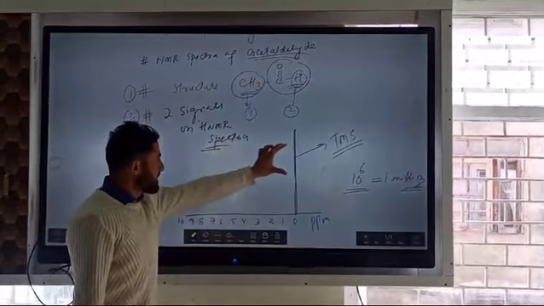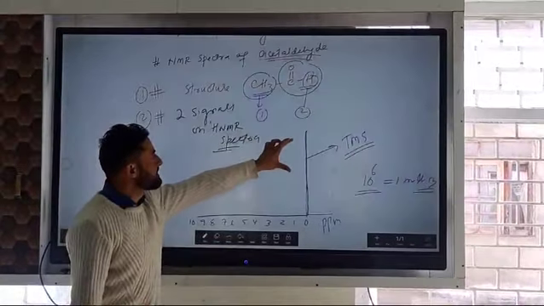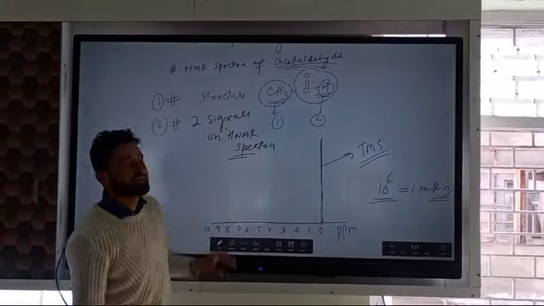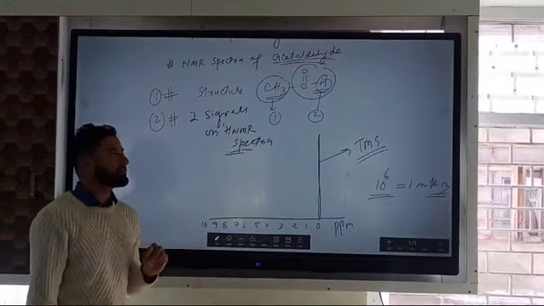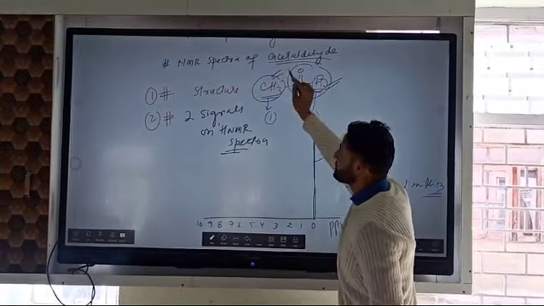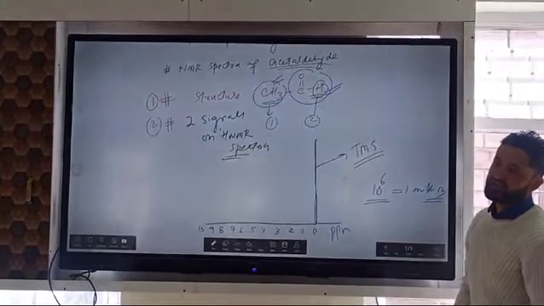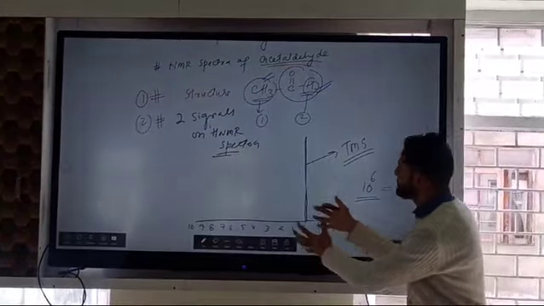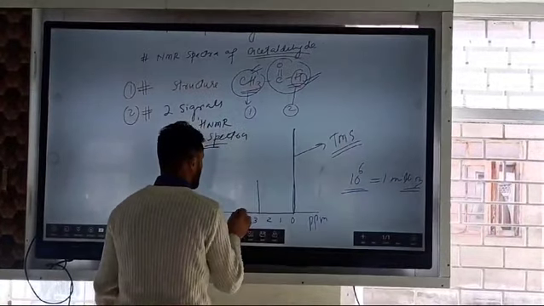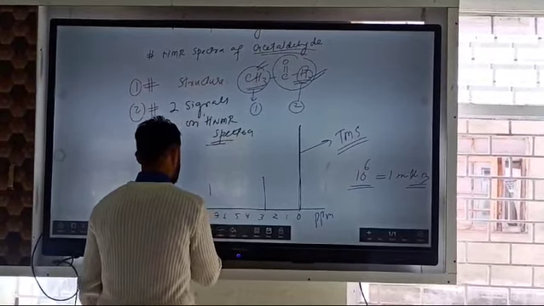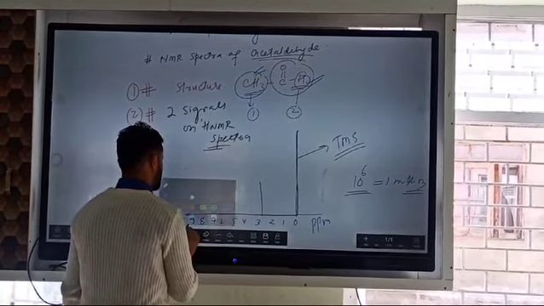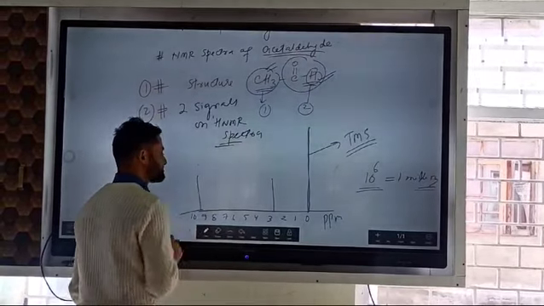Now, with this reference, we will look for the different types of protons in our compound. Our compound is nothing but acetaldehyde. We have two different peaks. Two different peaks means we have two different types of hydrogens in two different chemical environments. Depending on that chemical environment, we will have two different peaks on this spectra. For example, I am just drawing the two peaks over here. One over here, and the other one I am drawing over here.